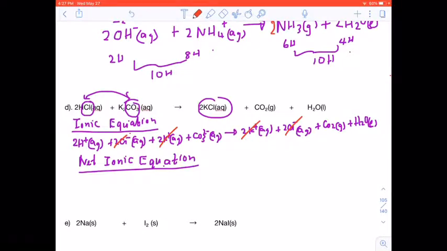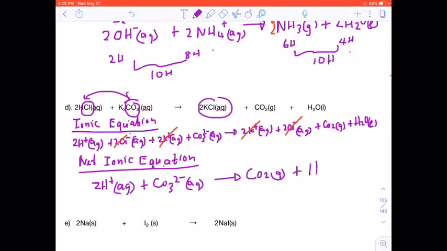And therefore now my net ionic equation is 2H+ aqueous plus CO3 2- aqueous. And what does that give me? That gives me CO2, a molecular substance, plus